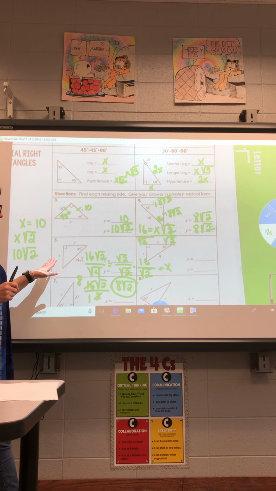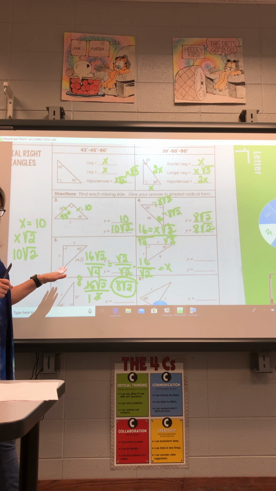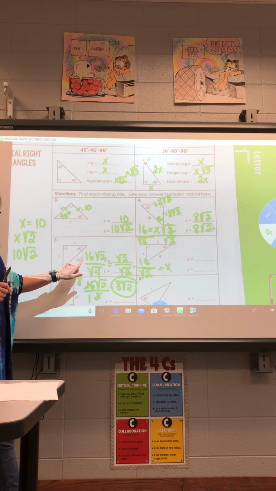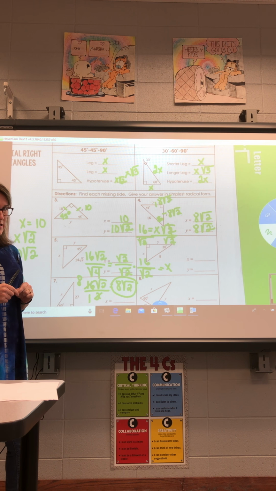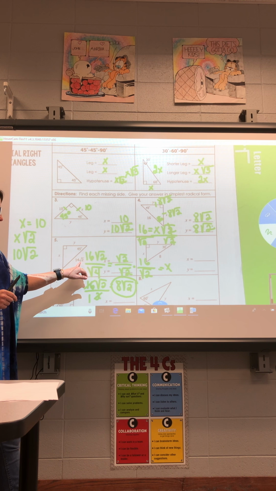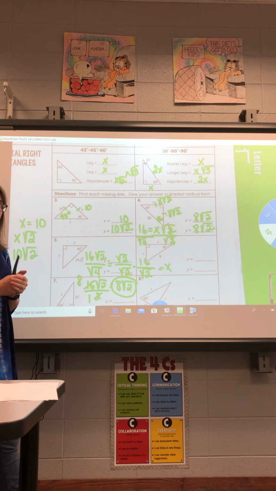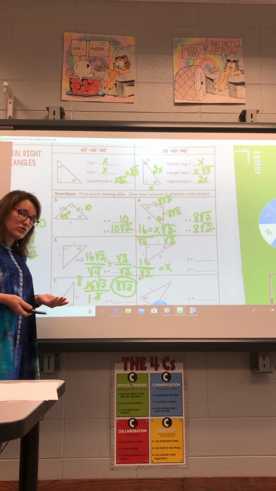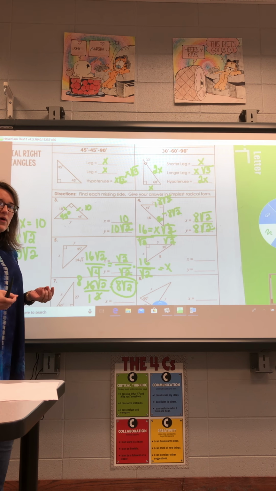All right, so we have one more 45, 45, 90. It gives us, once again, the hypotenuse. So you're going to have to do exactly what I just did, okay? So 14 square roots of 2 equals x square roots of 2. Figure out what x is. Once you figure out what x is, that's going to be the length of your two sides, okay? So right now I want you to